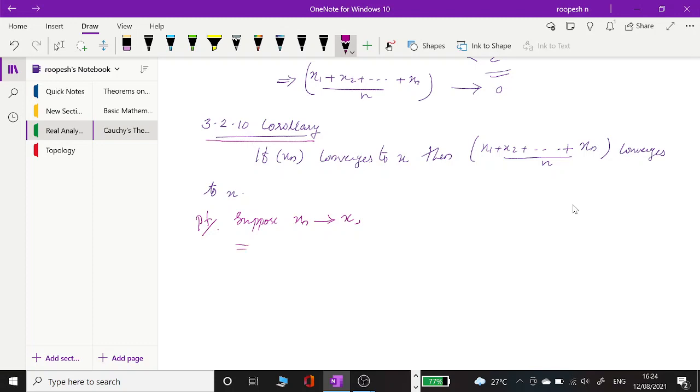Now this implies that if I take the sequence xn minus x, it will converge to 0, right? Now apply the previous theorem, right? Apply theorem 3.2.9 to the sequence